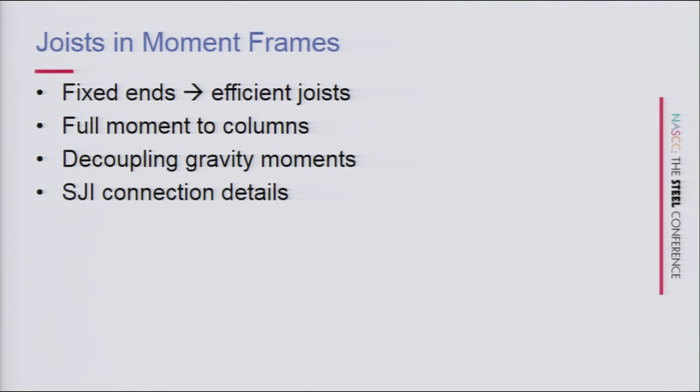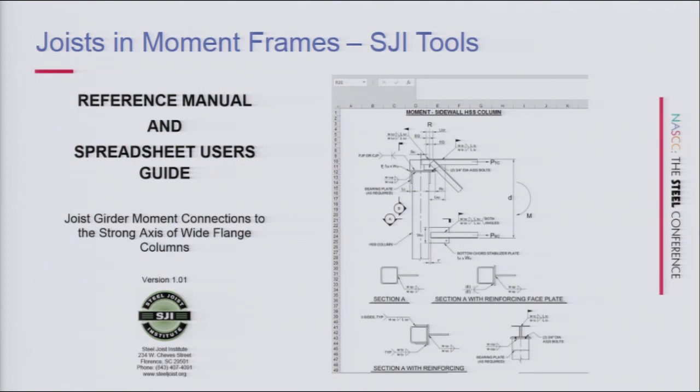And so one thing I'll point out is that SJI gives you a lot of guidance on this. They have some great tools if you haven't seen them, and I've just given an example of a couple here. On the left, this is just one of their guides to their spreadsheet, but this one in particular is for moment connections to the strong axis of wide flange columns. They also do it to weak axis, they do it to HSS, and that's what you're seeing on the right. That's actually the spreadsheet for an HSS. They have a lot of great tools that really help and a lot of details for that. So if you haven't seen those, they're very useful. They give you a nice guide on how to use the spreadsheet and then a nice spreadsheet to use,